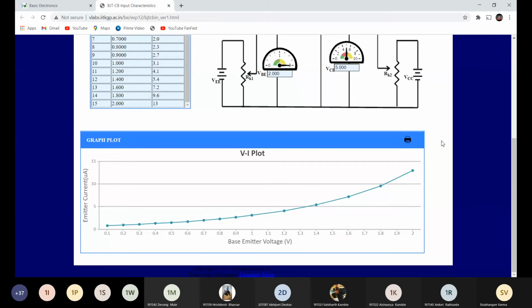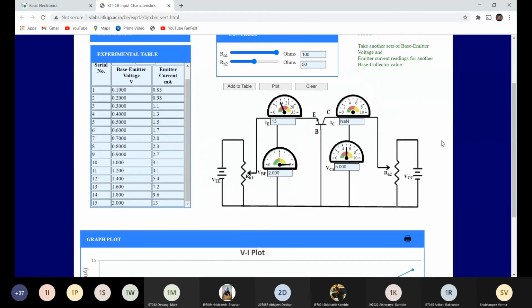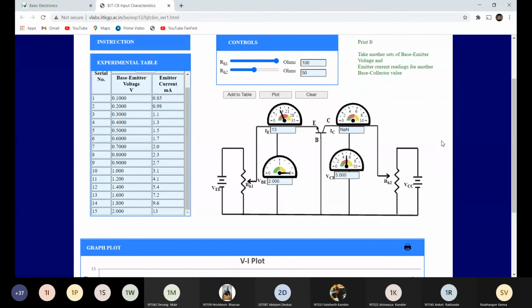Okay, the same set of readings we are going to take for 10 volt. So here we are going to take 15 readings for 0.1 volt, then 15 readings for 5 volt, then the same set of 15 readings for 10 volt.